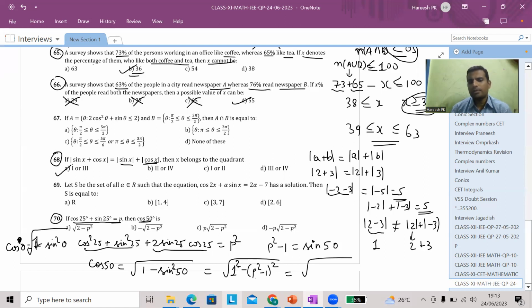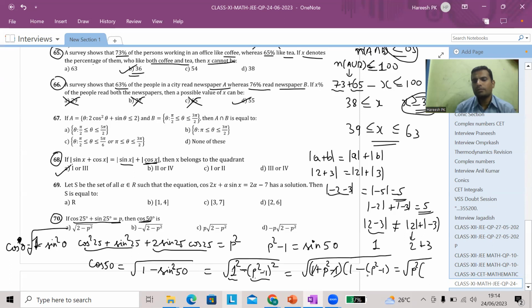1 can be written as 1 square. So now this is of the form a square minus b square. It's like a square minus b square, which is a plus b into a minus b. Here the 1 and this will get cancelled. So root of p square